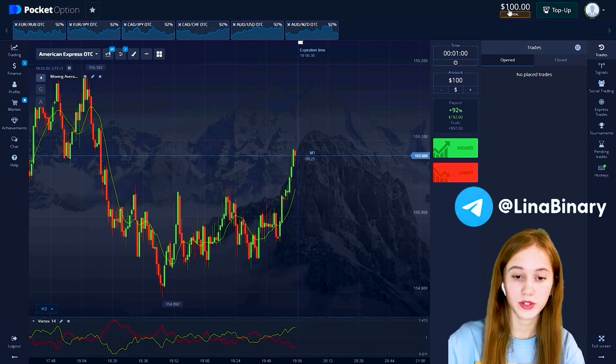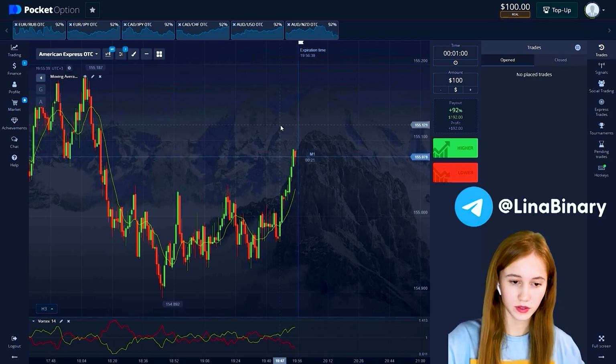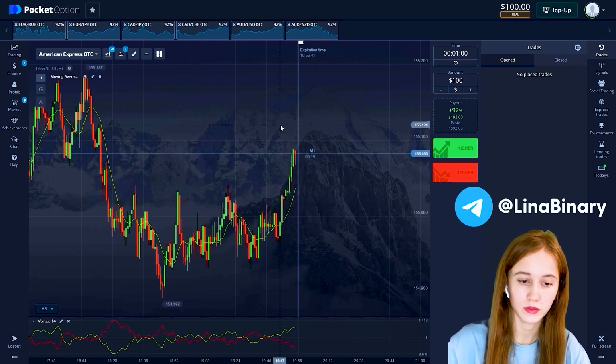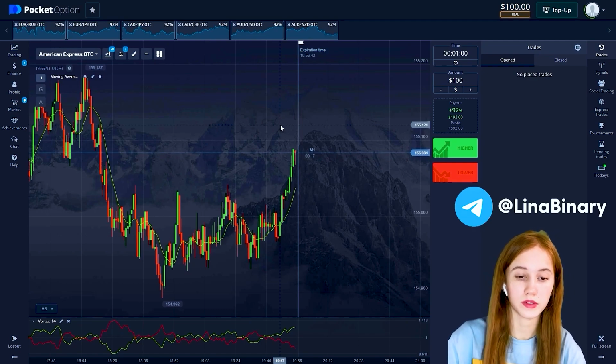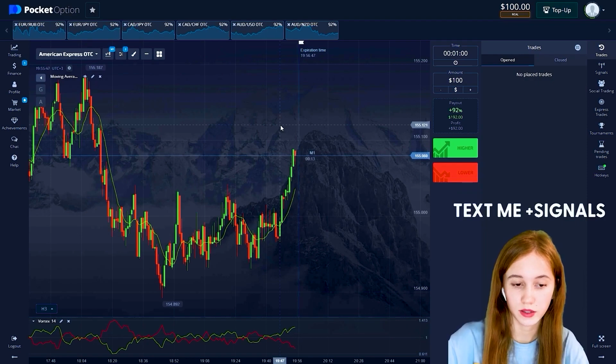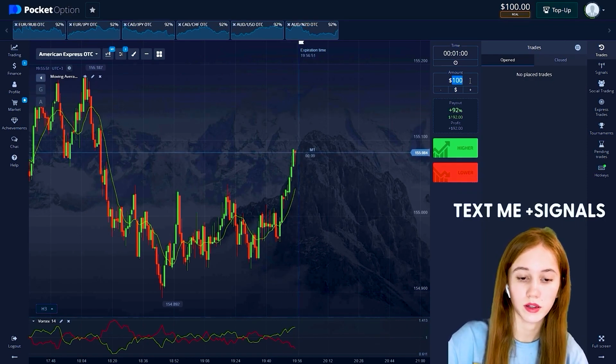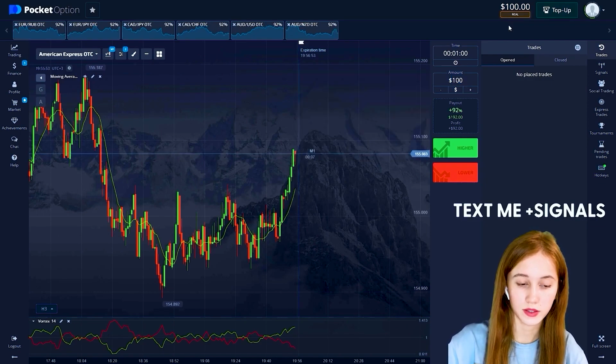So we start our trading session with the amount of $100. We see this in the upper right corner. But let's see what happens. Let's get started. The first thing we do is set up our workspace. We start setting up by setting the trade amounts